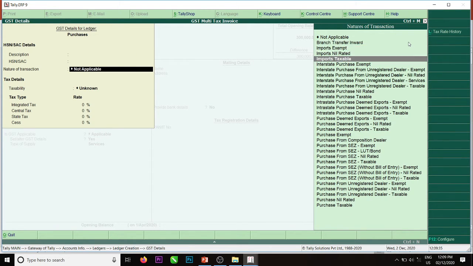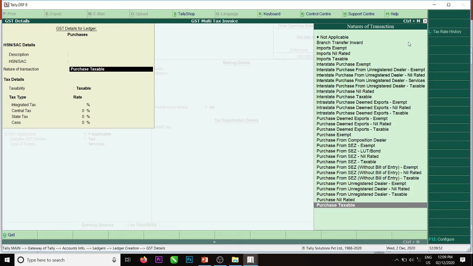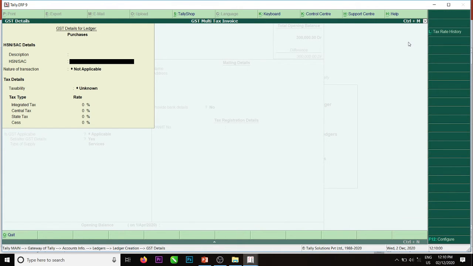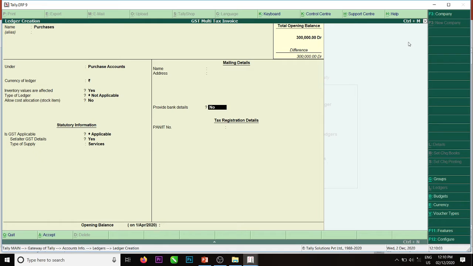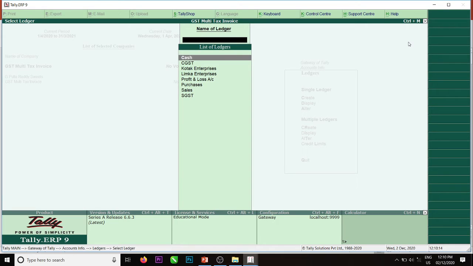Nature of transaction, purchases taxable. We were not giving tax rates here. Sales and purchases also we selected.